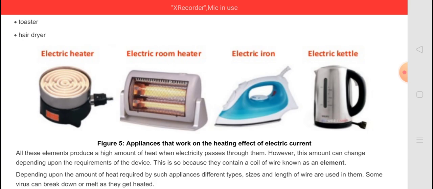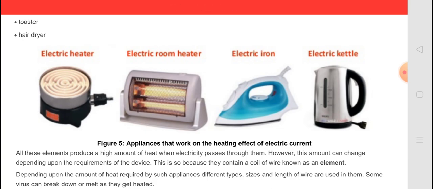In simple words, the part of an electric heating appliance which heats up on passing current is called the heating element. When we pass the electric current, the electric heating appliance heats up. So this is known as the heating element of the appliance. Now when electric current is passed through the electric heating appliance by connecting to a power socket through an insulated copper wire, a large amount of heat is produced in this heating element.